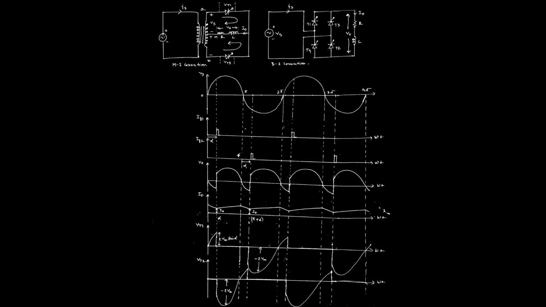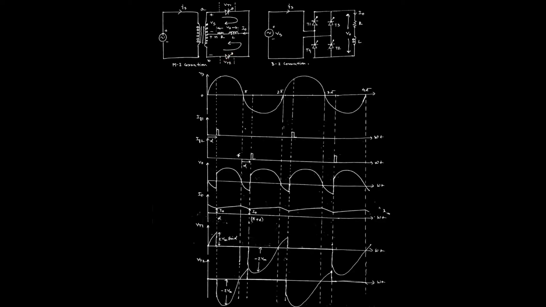Here the first thing is the supply voltage. As we have given an AC supply, this is the waveform of the AC supply. And we have applied the triggering pulse across the first thyristor for the positive half cycle. That is why Ig1, with triggering angle alpha, is given in the positive half cycle only. The next one, for the next positive half cycle, will be given at the point 2 pi plus alpha. Similarly, the next gate pulse, Ig2, should be given across the second SCR, T2.